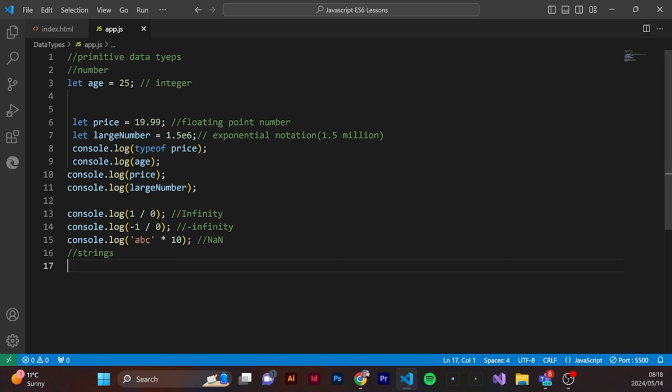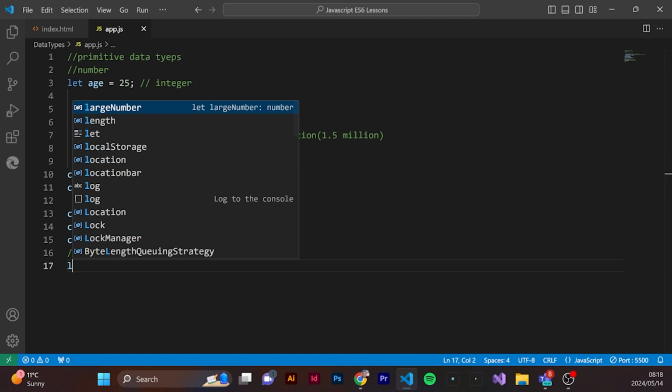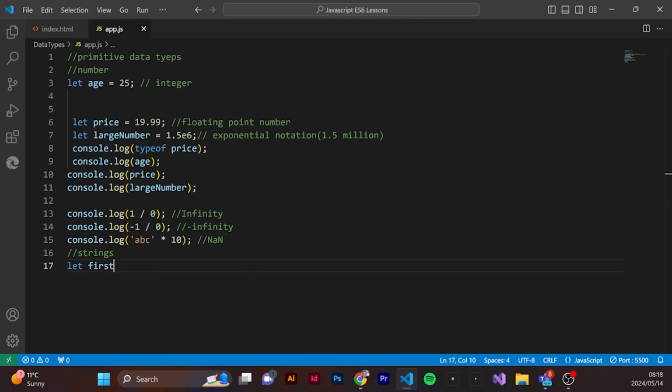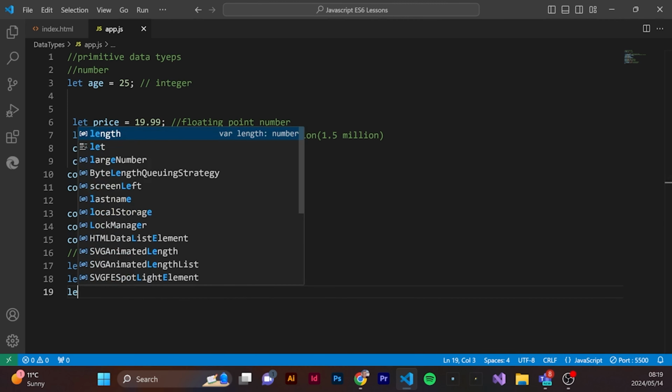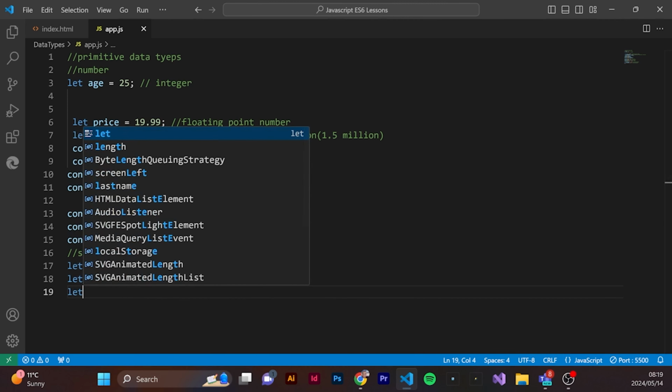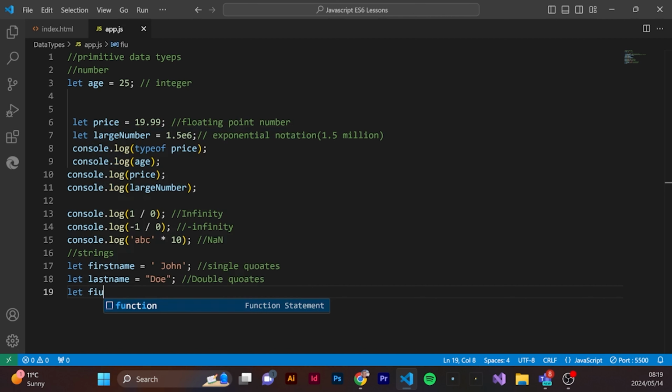First, let's say we've got a variable called first name, and there we can store John. This is a single quote, and then we can have maybe last name. Then we can use a string literal. For example, let's create a variable full name,